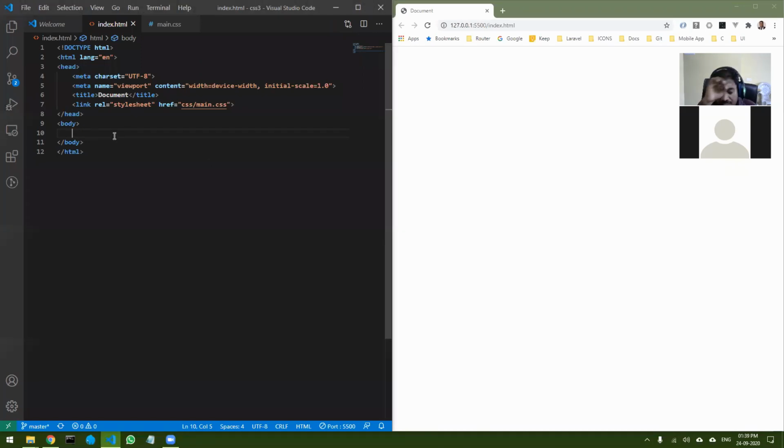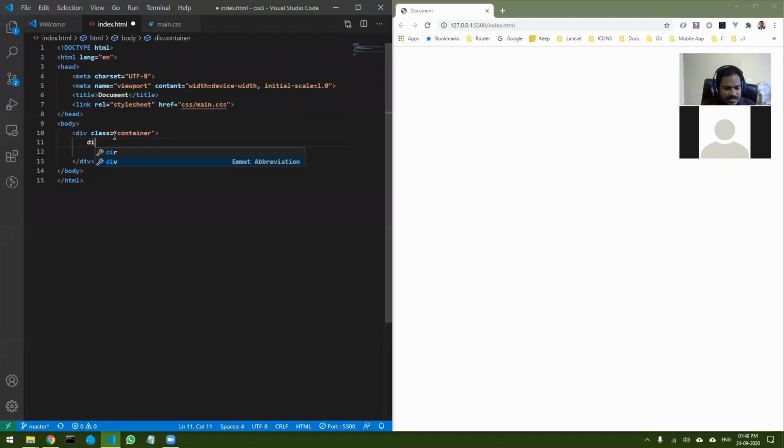We'll quickly start with, first of all, let's create a few divs. Okay, so div. Let's give this an ID of, let's say, container. You can give any ID. These are some of the standard names that we give. Actually, let's call it class. You can do anything, it's completely up to you. If it's an ID, it should be unique. That thing you have to take care.